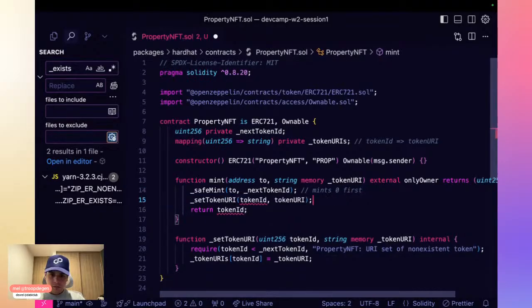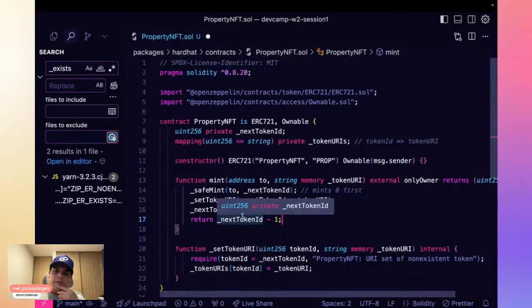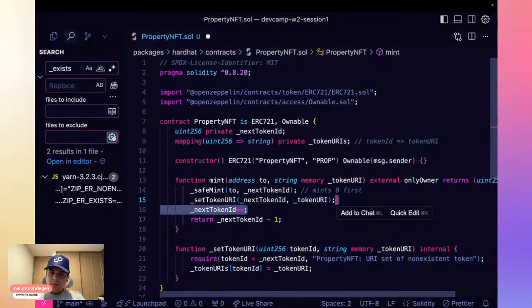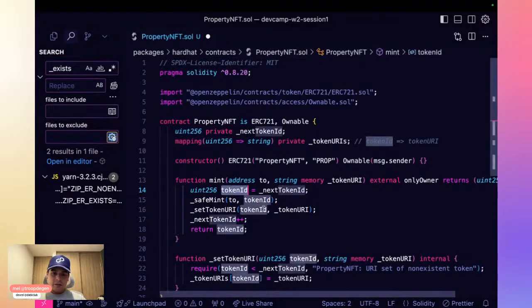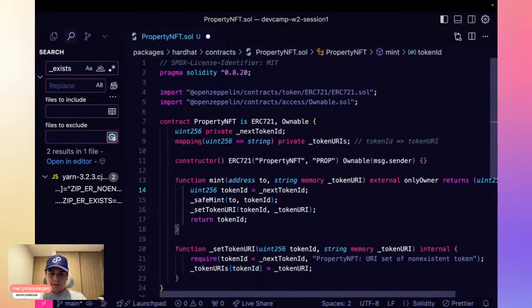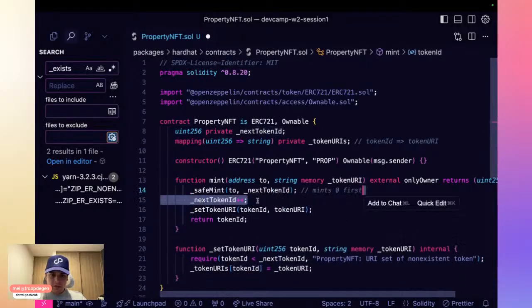Oh yeah, I see what the problem is. Next token ID is 0. I don't love this because it's getting confusing now. Let's say that it starts with 1.